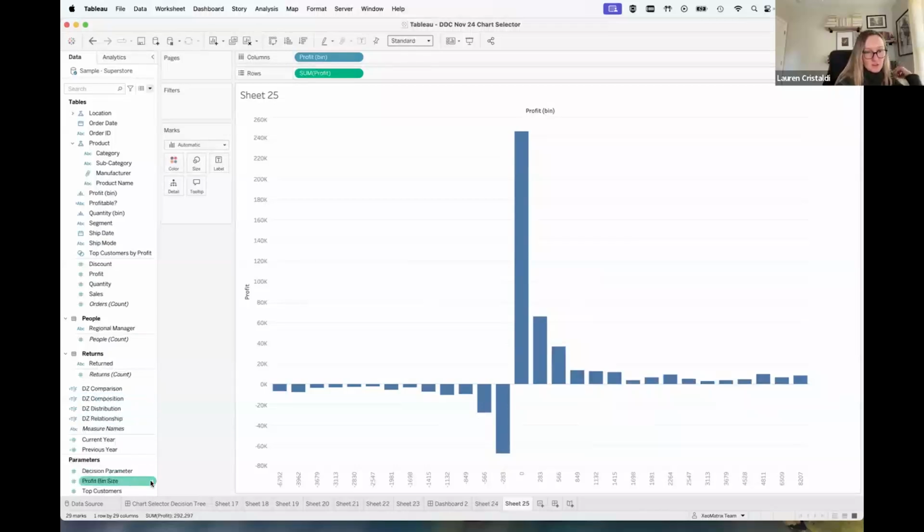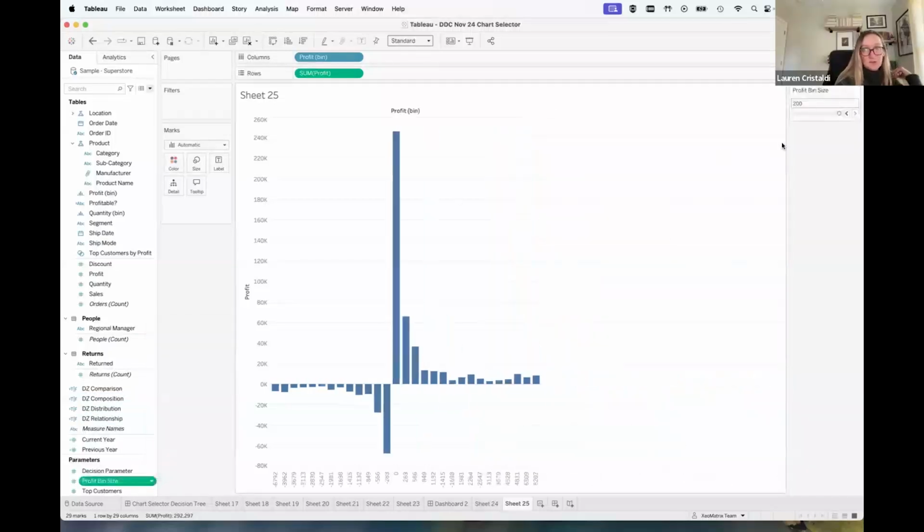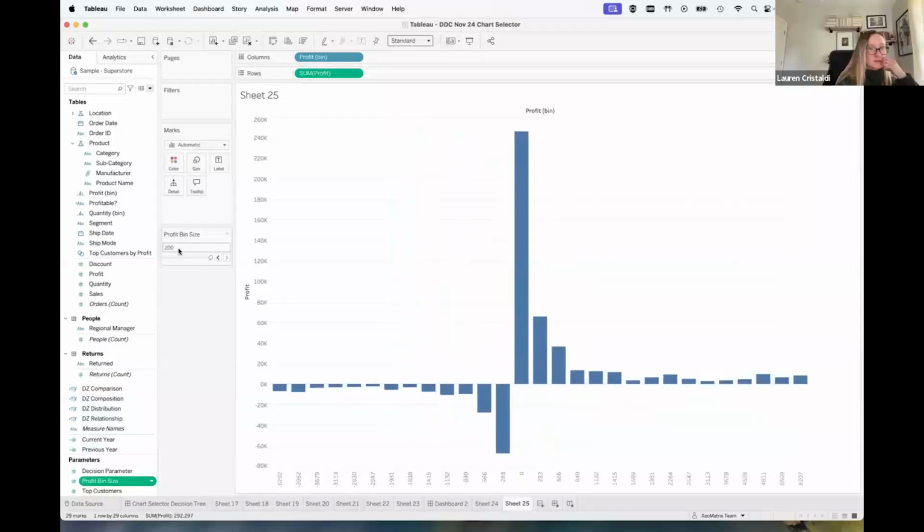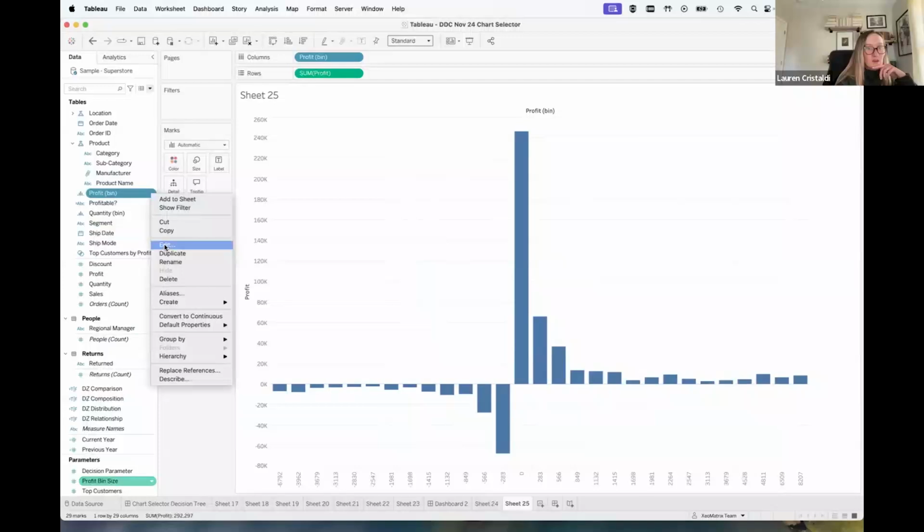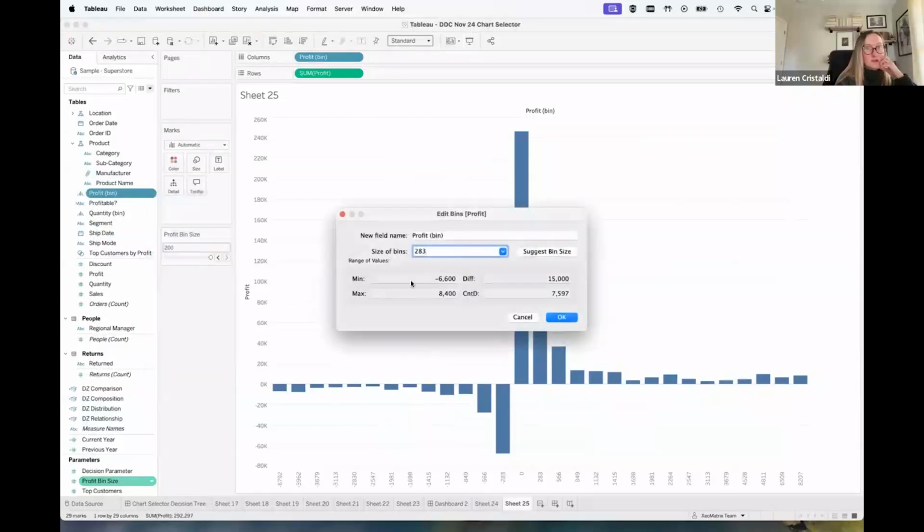And then you can adjust the bin size. There's a suggested one, and I can show you here because you can make bins out of any measure.